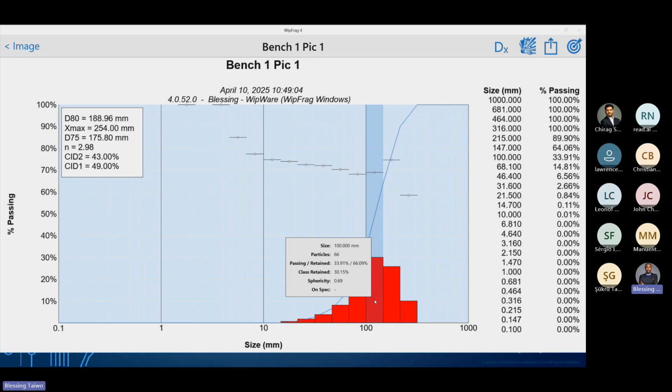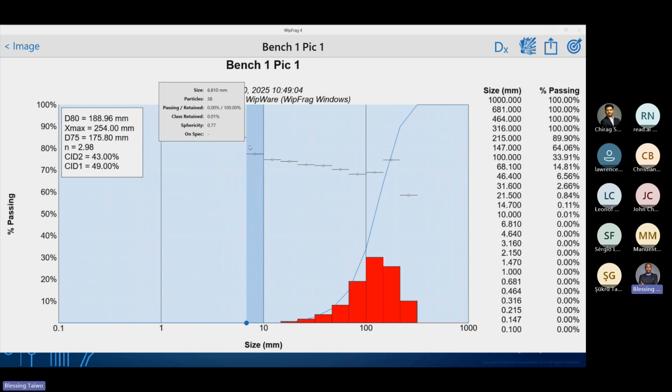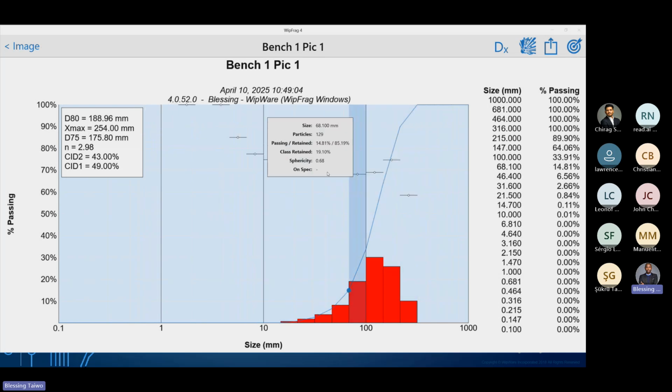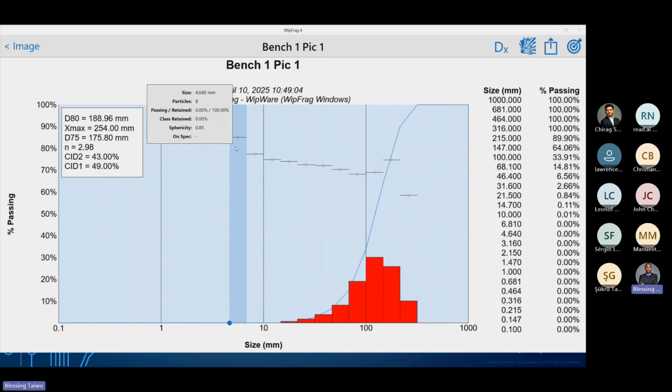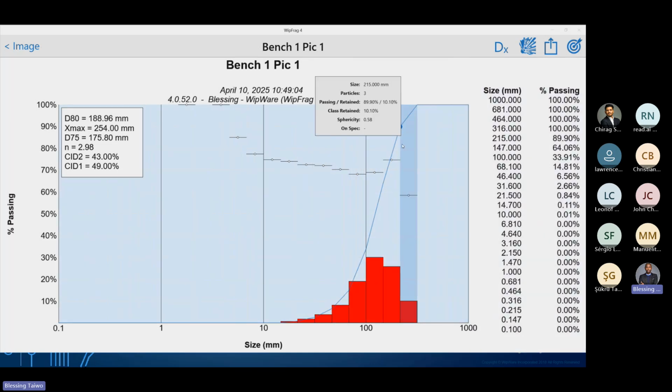The shape, denoted by the sphericity, is the ratio of the length to the width of each particle. So when you have a sphericity of 1, for example, you have the material to be highly uniform, almost spherical. Here at the top, you can see a line distributing the sphericity of each particle. Here, you have a sphericity close to 1, that is, the material in this class, 8 particles in this image, have almost uniform size, that is, they are almost spherical. Okay, so here is the particle size distribution curve.